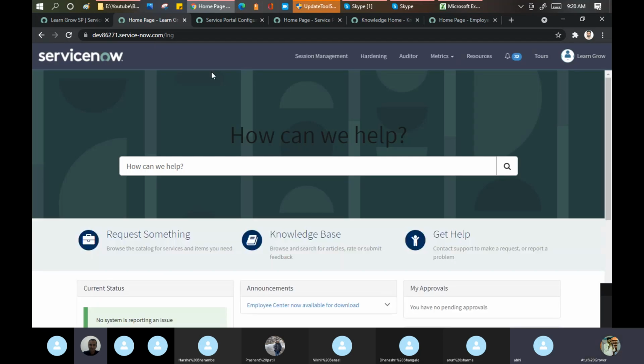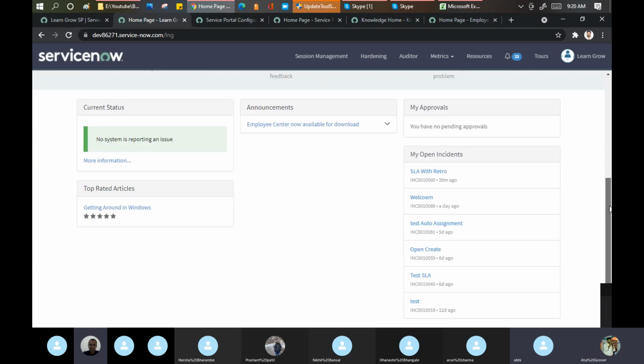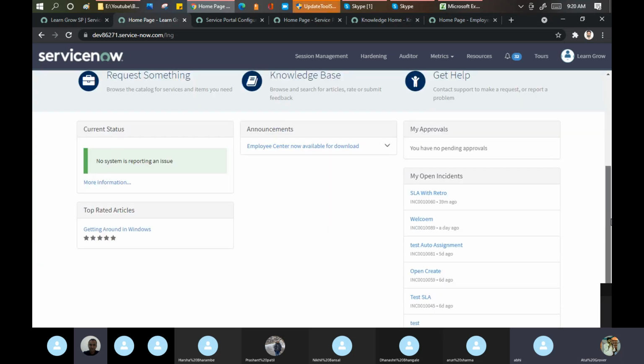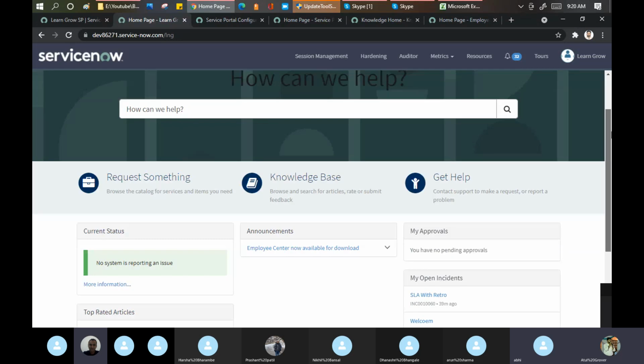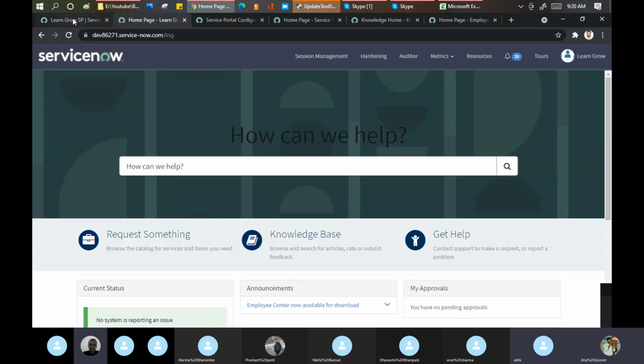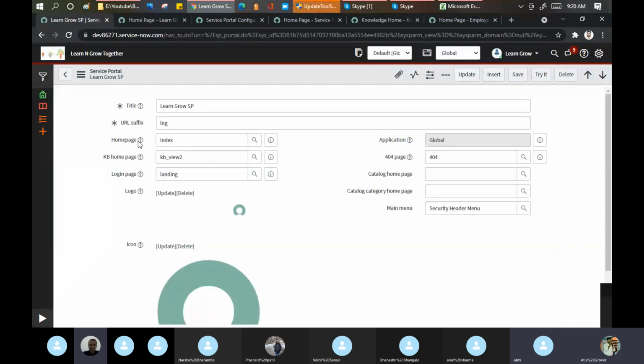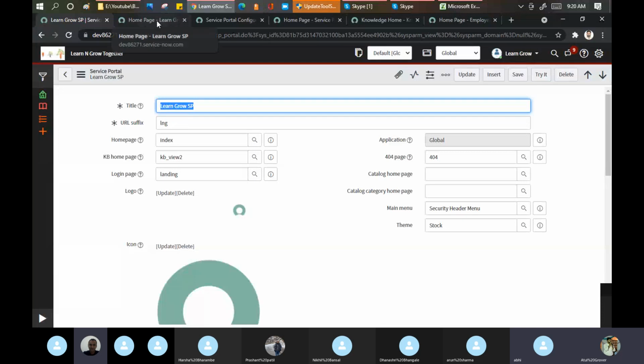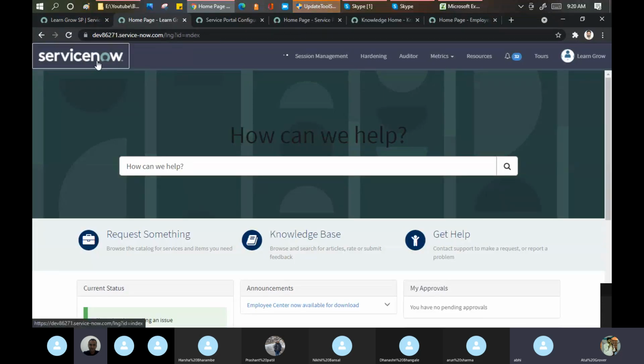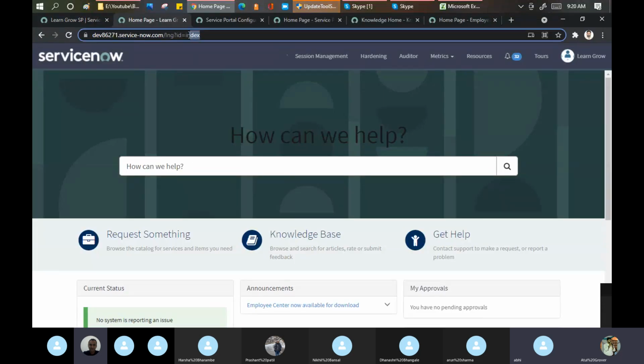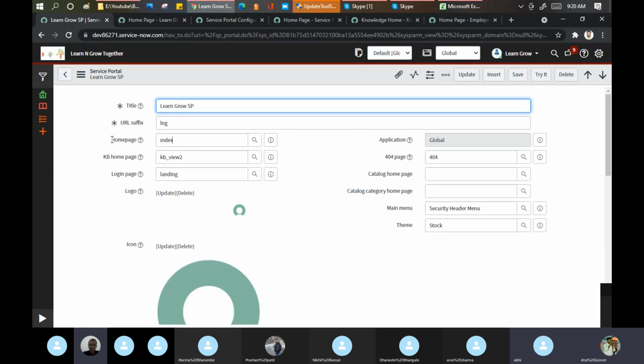See, it's changed now, right? Okay, that is another point. Now, this thing, home page. When you click on the home page, where is it taking you? Index page. You can define, when I click on this banner image, where it should take me. By default, it is taking me to the index one. No, I don't want that index one.